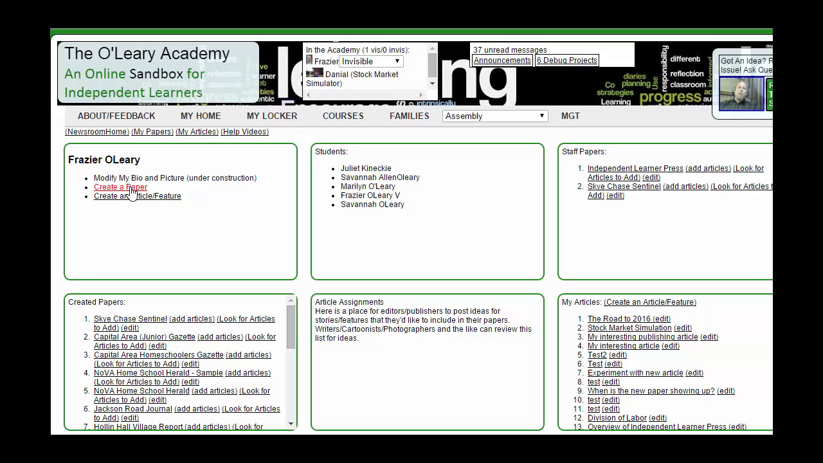Why would you want to create a paper? You might want to have a paper just for yourself, or for your neighborhood or your family, or you might want to have a paper for your homeschool group or your club or a specific group, or maybe you just want a paper on a specific topic, and you can do that. So you click Create a Paper,